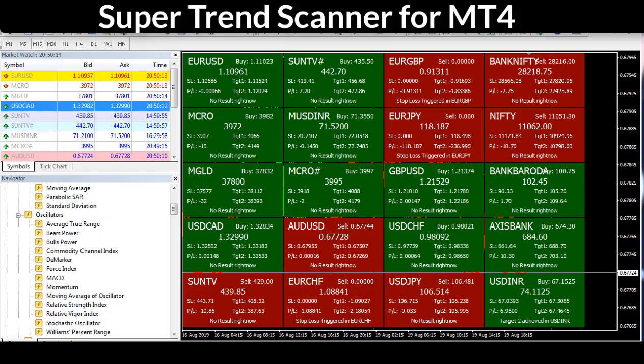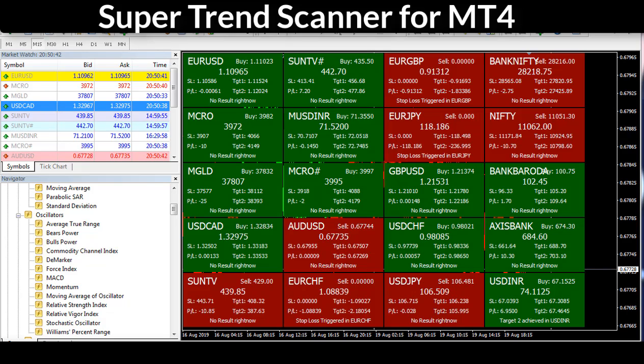In this Super Trend scanner cum dashboard, you can scan more than 200 symbols simultaneously. And there is no need to open all charts in the chart window. If you use the normal Super Trend, it gives us a headache because we need to open all charts one by one and then shift the charts frequently to check whether there is a signal or an opportunity for trade or not. Super Trend Scanner gives you a big relief from this problem.